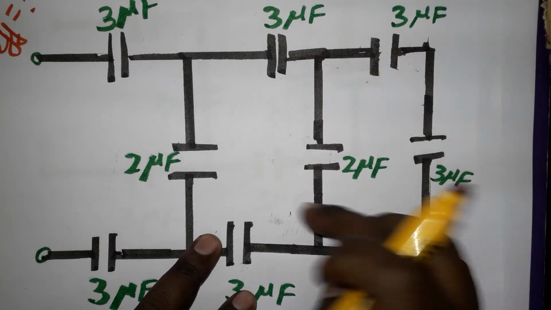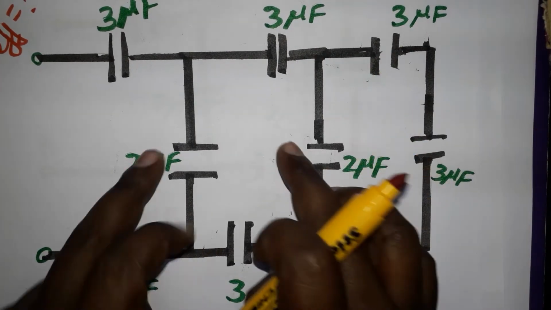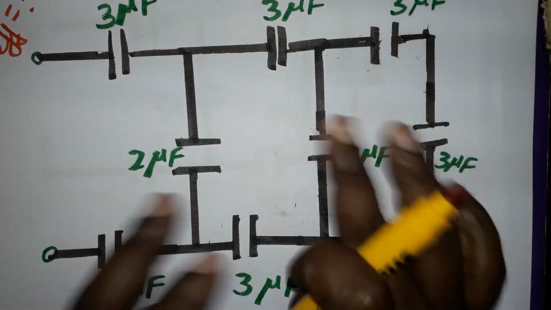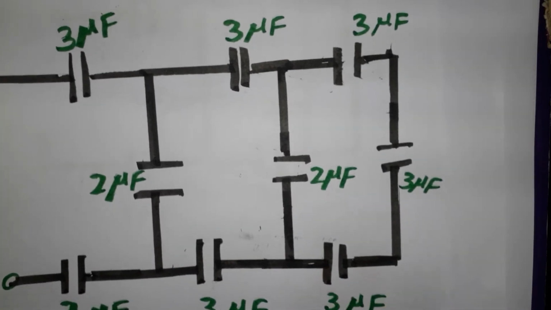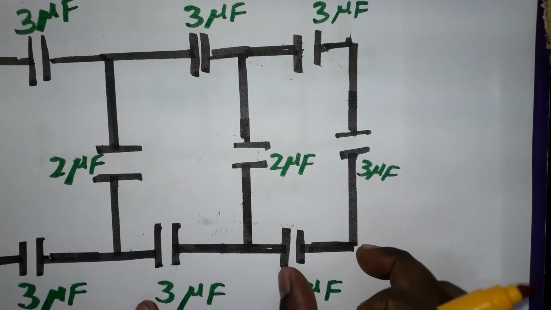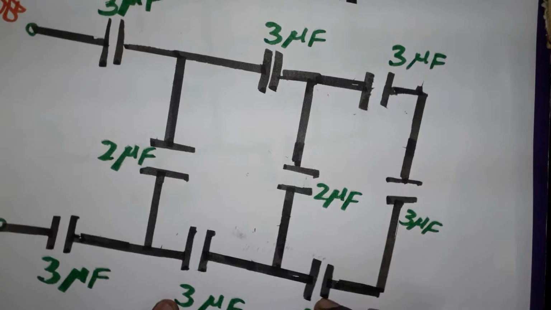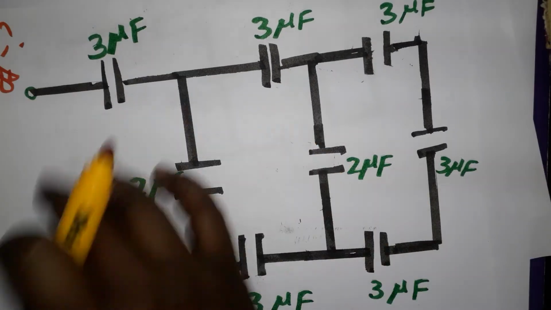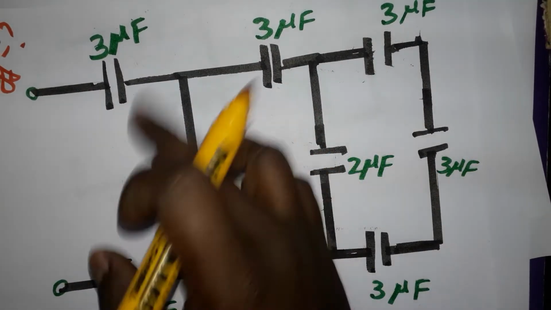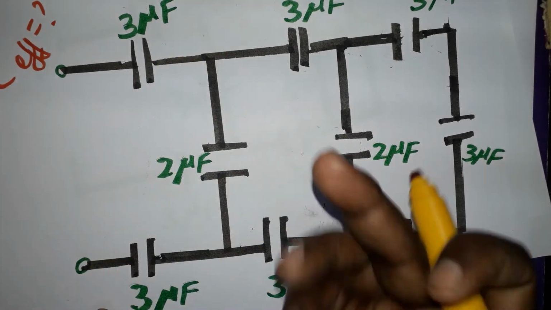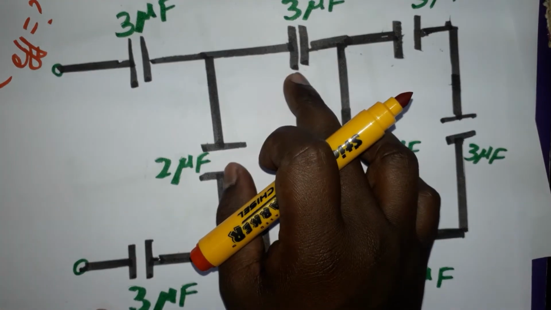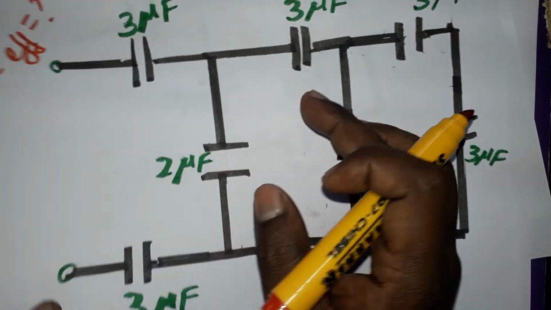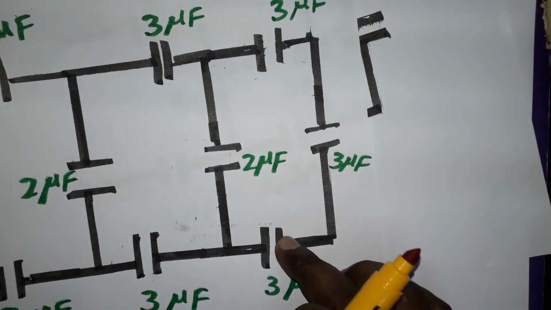See here, we have a complex circuit. So you can't take this two parallel, this two parallel, this two parallel. You need not take it like that. First, you have to start from the simple thing. The next capacitance is connected, so it is going to be series. Anywhere else you take, one more capacitance in between the circuit will be there. If you take this as series, one more capacitance will be at the center, so we are not able to take it like that. So here, 3 capacitances in series.